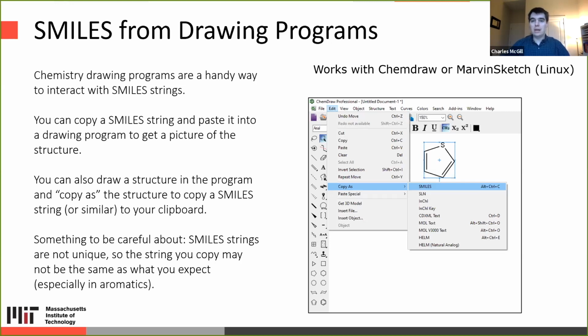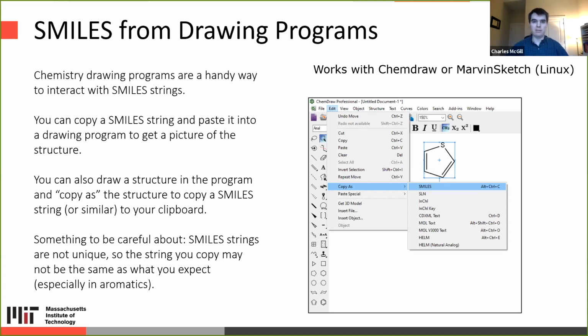You can also go in the other direction. You can draw a species in the program and then copy that species as a SMILES to put the SMILES string into your clipboard. So this can be a really useful way to find out the SMILES string for a molecule when you know what molecule it is, but you don't know how to find the SMILES string for it.